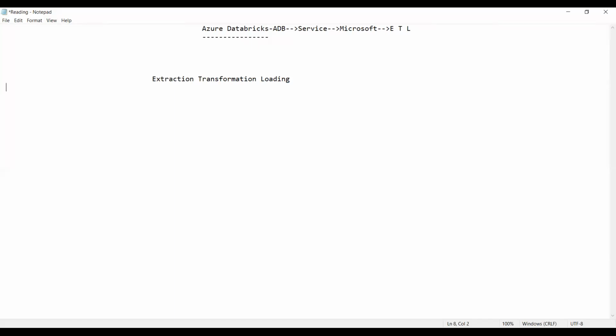Now, this process called extraction, transformation, and loading requires the following. Already we have discussed yesterday, I'm just brushing up to move further. The process of ETL requires a source and the next one is the target.